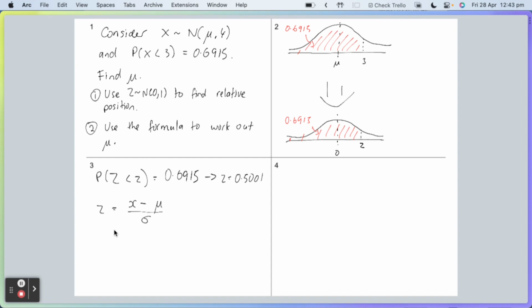So I do my substitution. Again, I wouldn't normally write this in. I'm doing it just for this theory here. So I write in my value for Z. I write in my value for X that I've got. I write in my value for mu, which is unknown, so we just got to write mu. And I write in my value for sigma, which is